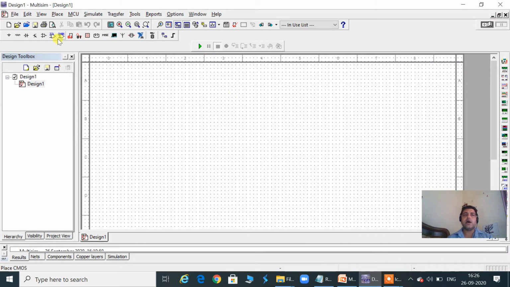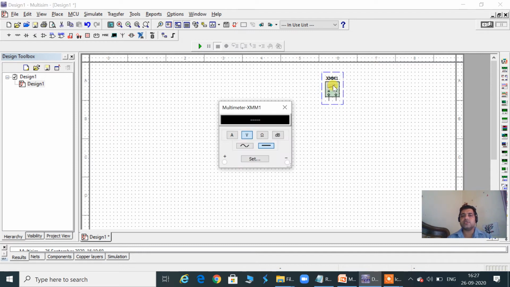This is the multisim. Now when we are coming to the right hand side, you can see multimeter, function generator, wattmeter, oscilloscope, 4 channel oscilloscope, and so on. Various instruments are placed here. So we can take an example. We are bringing multimeter onto the breadboard. So I am bringing this multimeter.